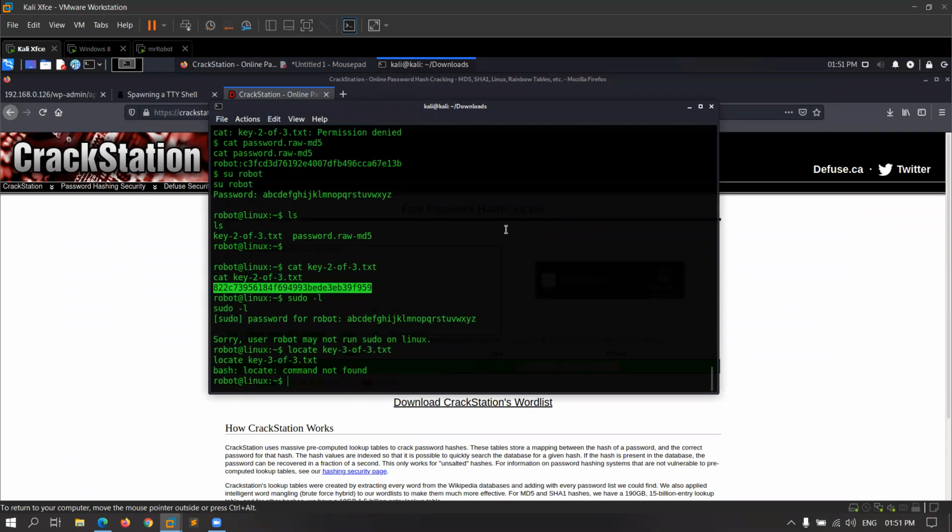If I run 3/3, it will not execute because there is a portion in which we don't have the root administrator privileges, so we have to take the root permission, then we can find the third key. So for getting the information for the third key, we have to execute a command.